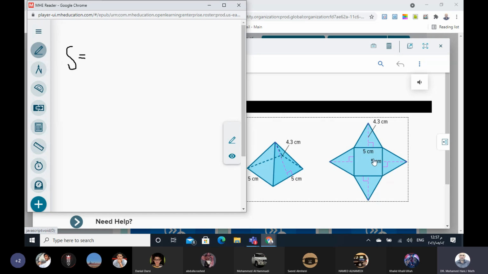As you see, here we have 5 and here we have 5. This side equals this side, which means here we have a square. How to find the area of the square? 5 squared or 5 times 5. So we can write here 25. Plus